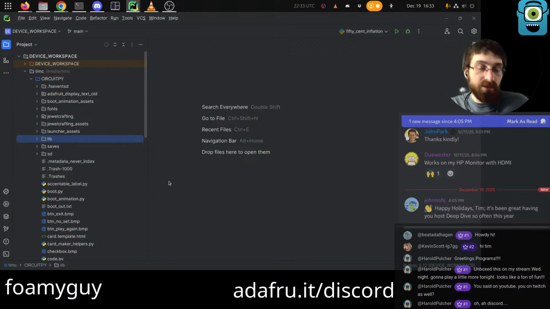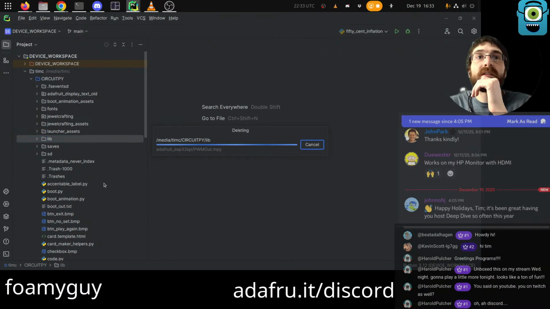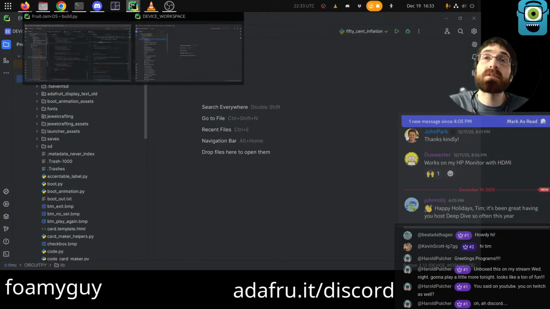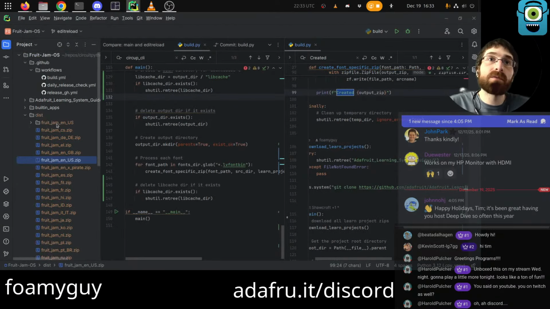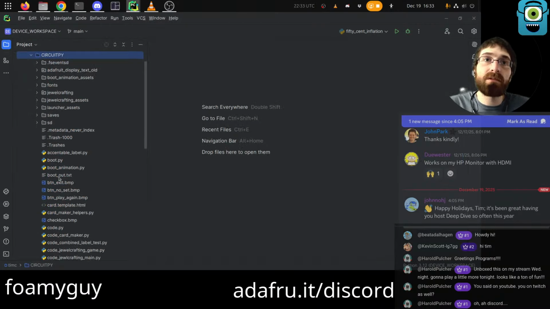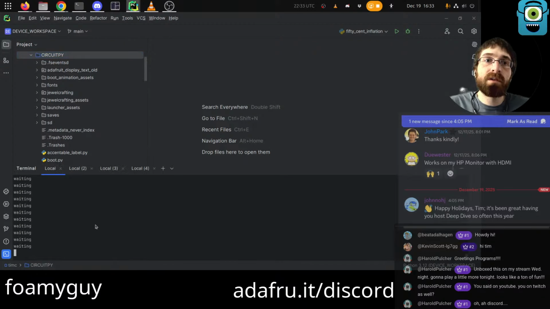And I'll delete lib. And then I will copy the new ones. So apps, lib. I'll copy CodePy too, which I also don't think it would have affected, but one thing I